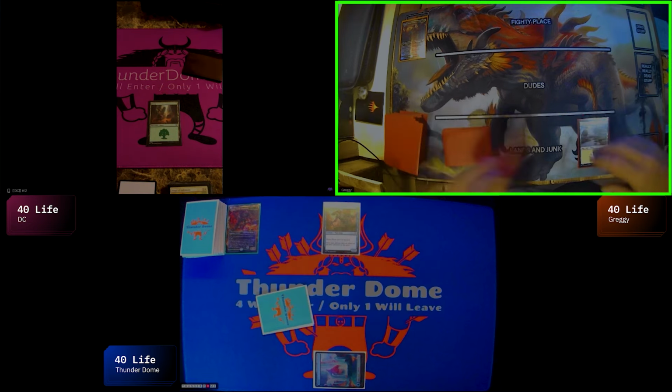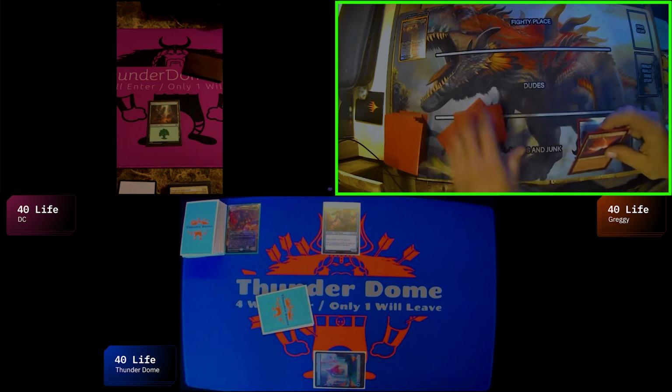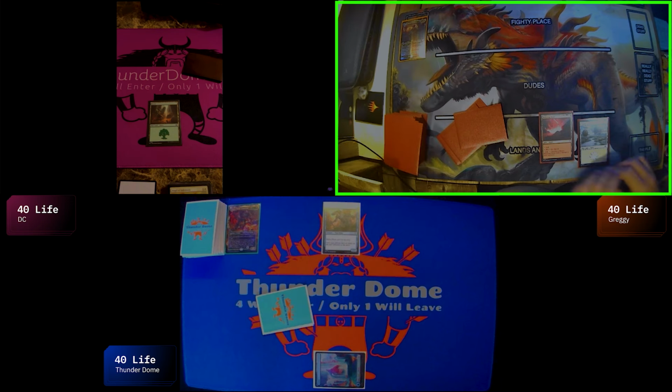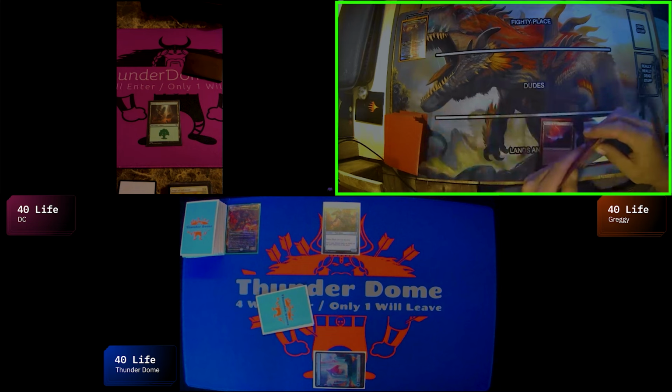Alrighty, I will draw. Let's go with Remnant Ruins. It's a desert. It taps for a colorless. It can also tap, pay 1 life, add a red. I can pay 2 red and 2 colorless to tap and sacrifice a desert and have it deal 2 damage to each opponent. Gross. Uh-huh. And with that, I will. Okay, so now